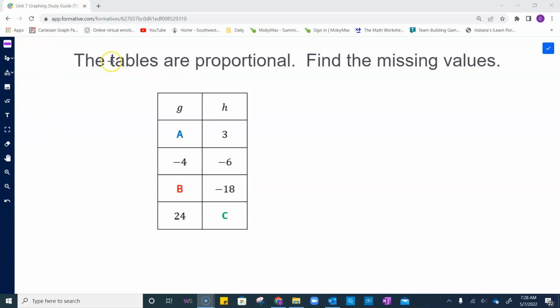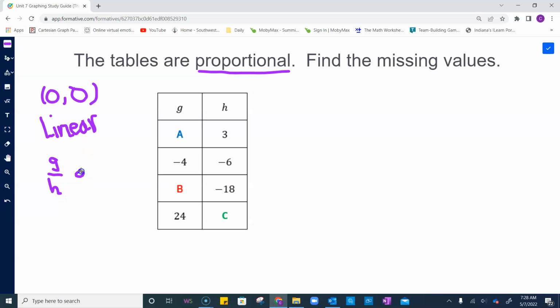All right, we're looking at a proportional table, and we need to find those missing values in the table: A, B, and C. Because I know the table is proportional, I know a couple things. I know that the table runs through the point (0, 0), the origin. I also know that it is linear, a straight line. And because it's linear and it's proportional, I know that when I compare G to H